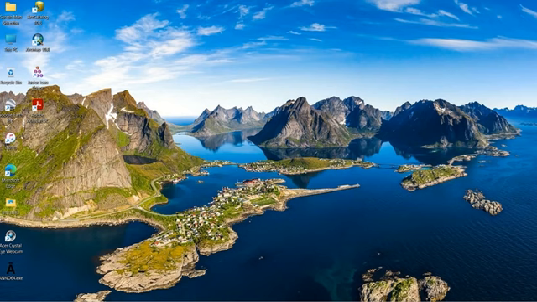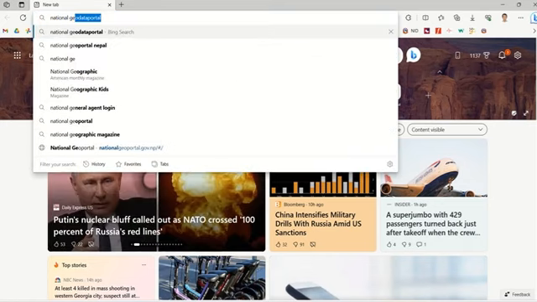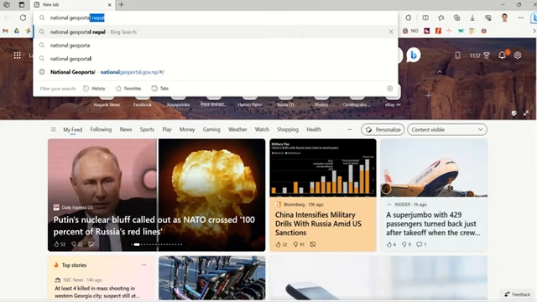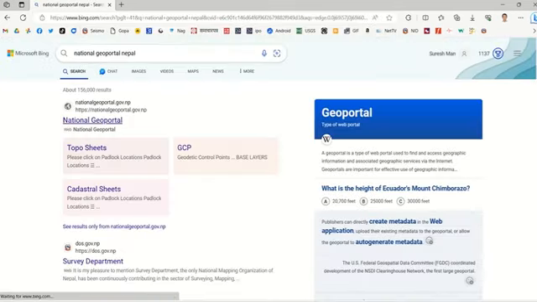For the preparation of different types of thematic maps of Nepal, let us see where we can get spatial data for the administrative units of Nepal. For this, we just go to the website called National Geoportal, National Geoportal of Nepal. And this is a website developed by the Survey Department, the National Mapping Agency of Nepal, and